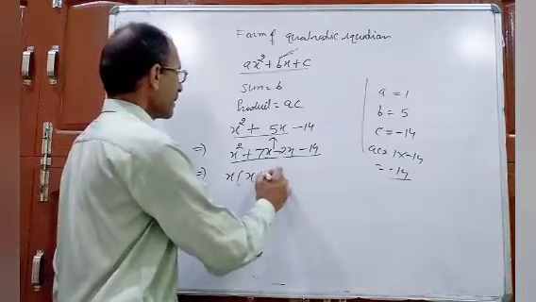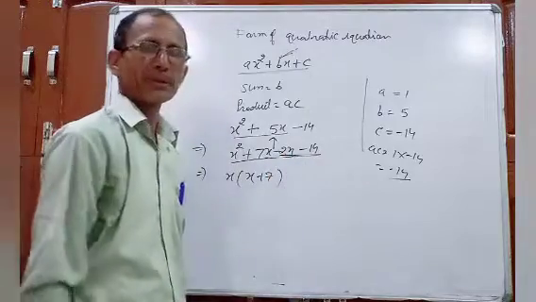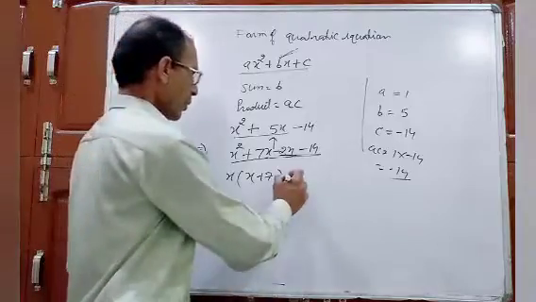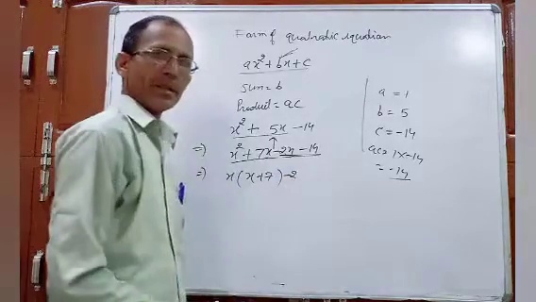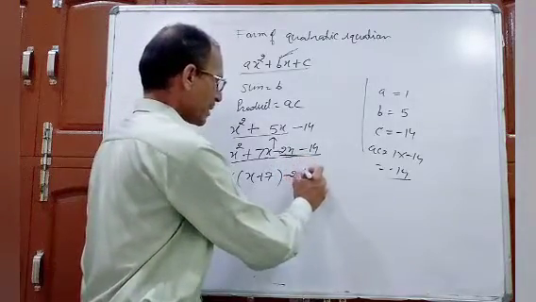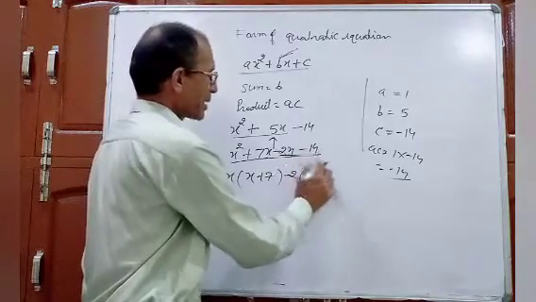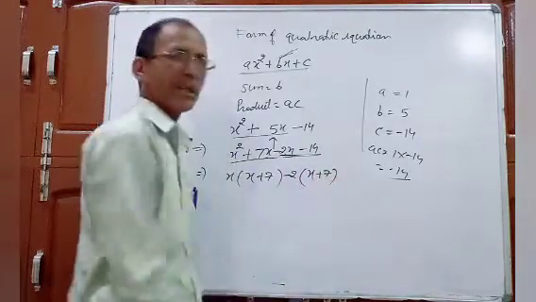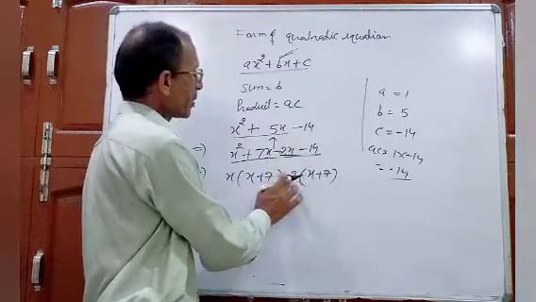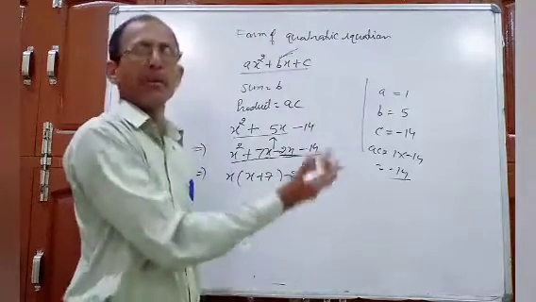Now we will divide x square by x, result will be x. 7x by x, 7. In this one, what is common? Which number can divide both the terms? Highest number. So minus 2. You will take minus 2 common, divide minus 2 with 2x, so result will be x. Because you have taken minus common, this sign will be changed. Here will be plus 7. If I solve the bracket, result will be the same, because minus 2 multiplied with x is minus 2x, minus 2 multiplied with 7 is minus 14.